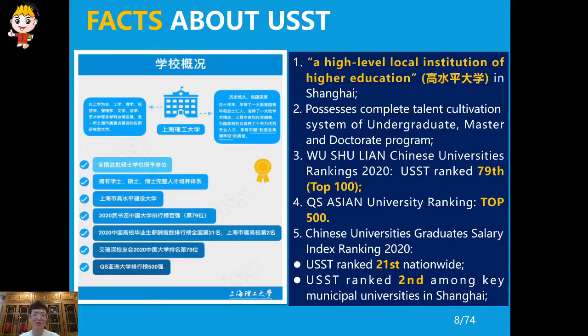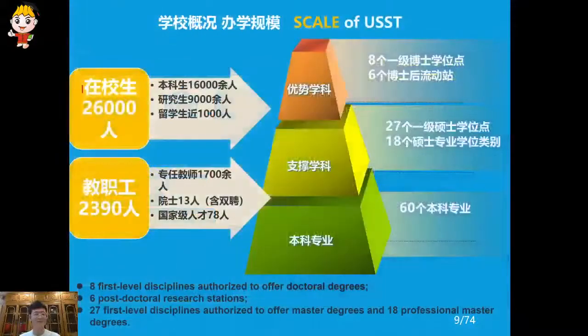For the Chinese Universities Graduate Salary Index Ranking 2020, we have two figures. USST ranked 21st nationwide and second among key municipal universities in Shanghai. 上海理工大学作为上海市的高水平建设大学，同时2020年的五苏联大学排行榜前100 QS 亚洲大学排行榜前500强。